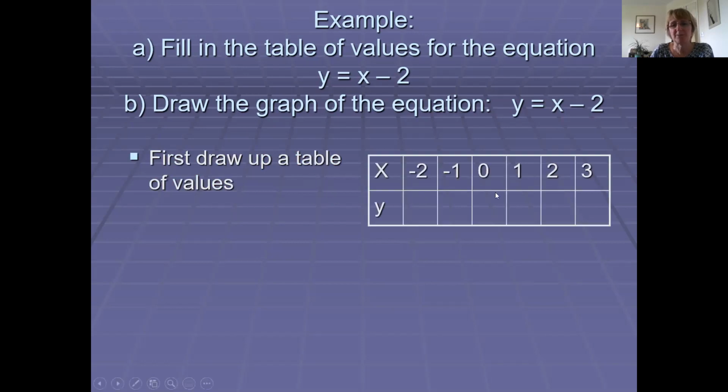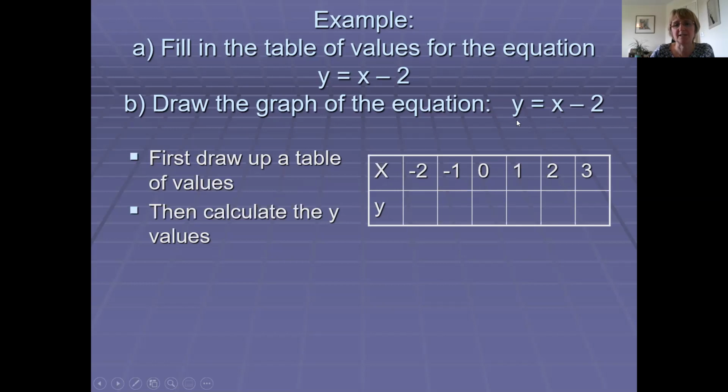Now I've got a bigger table here than the one that you're given on MathsWatch. In MathsWatch, you've only got 1 or 2, I think it's actually 3 values to fill in, but here we've got a few more. Let's see what this means. We've got to work out these values here that are the y values for this equation. So you keep looking back at this equation here, y equals x minus 2. What you do is you look at all of these x values and you do this to them